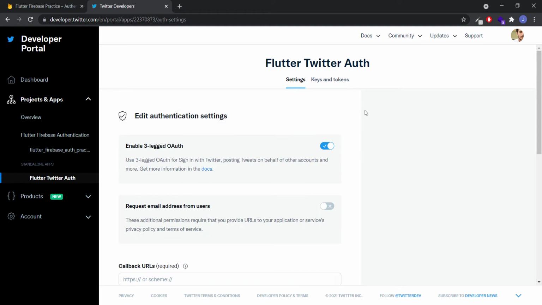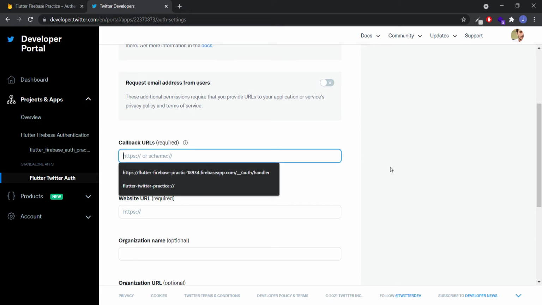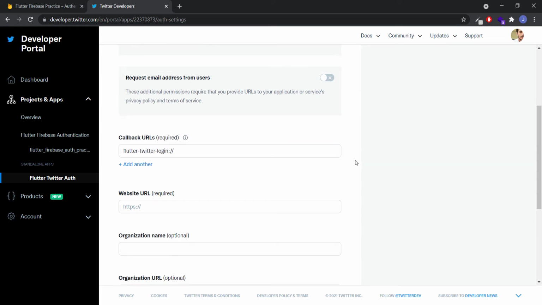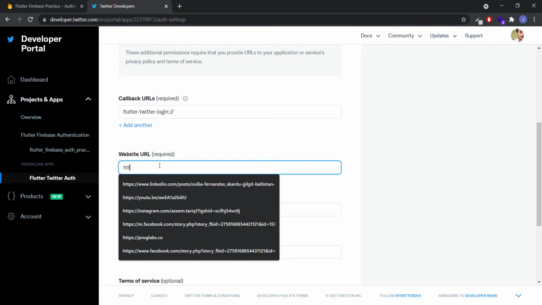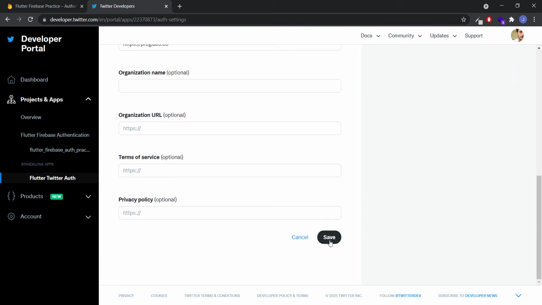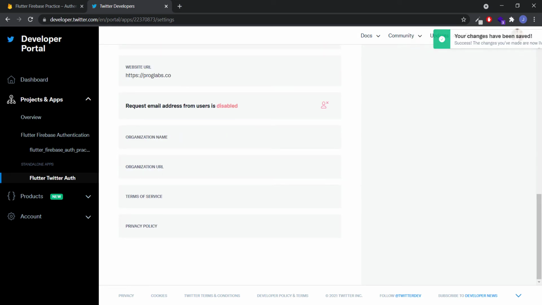If you remember that we opened the app settings and enabled the 3-legged OAuth, and I told you that we will do this after that. Okay, so this one, and we need to define our website as well, proglabs.co, and save. So 3-legged OAuth is enabled,